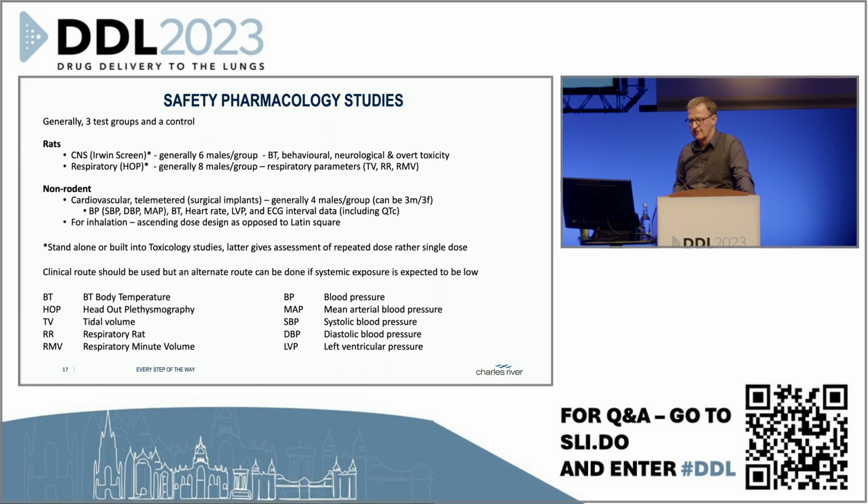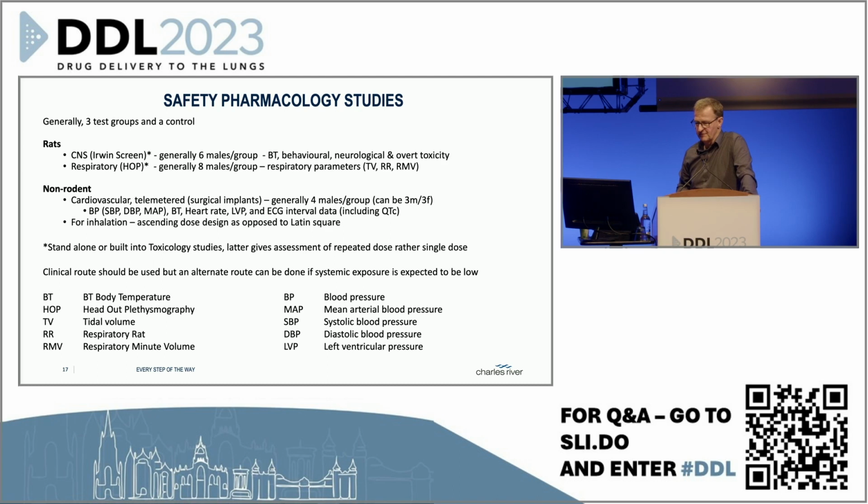In terms of the cardiovascular study, this is typically done in non-rodents. It requires surgical implants. So generally we have a colony of animals, and this is generally done in 4 males per group, but it can be 2 sexes, so for example 3 male, 3 female. And we're looking at systolic, diastolic, and mean arterial pressure, heart rate, left ventricular pressure, ECG interval data, including the